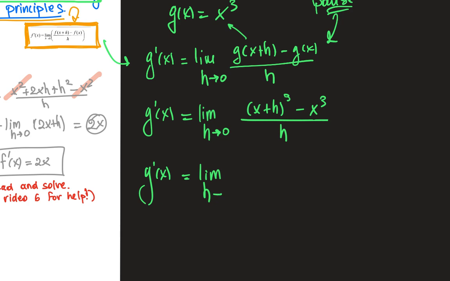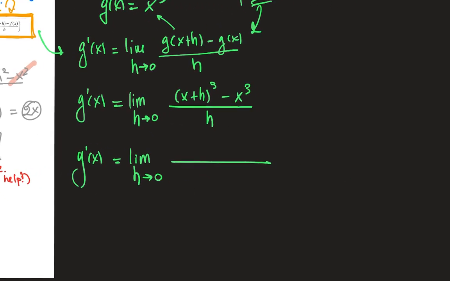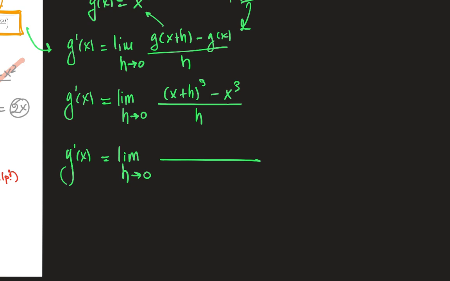When h goes to 0, I need to do x plus h to the power of 3. Now you might say, oh, I don't remember that. Well, what am I going to do? I'm not going to multiply through brackets. No, you won't multiply through brackets. If you don't remember, then you're going to do